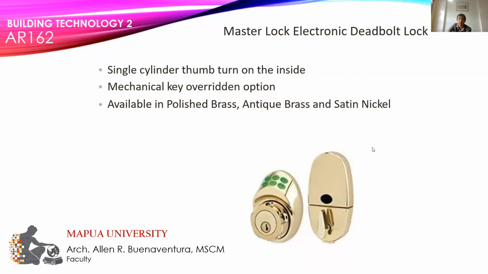So we also have a master lock electronic deadbolt. So this is cylindrical with a thumb turn on the side, no? And you can see this one has a combination on top. Sometimes this is called a deadbolt. No? If there's no combination on top, there's a key on one side and a knob on the other side. So this is a deadbolt lock. If there's no electronic, you can usually see this partnered with a lever type lock set.